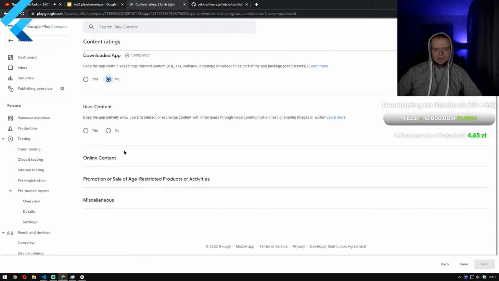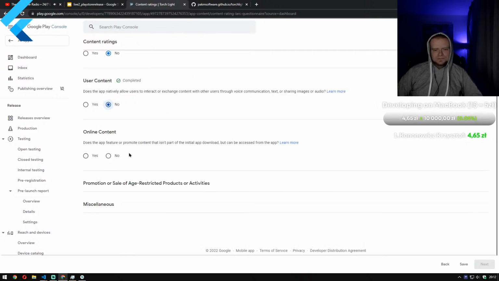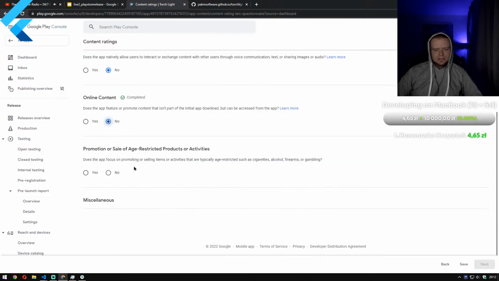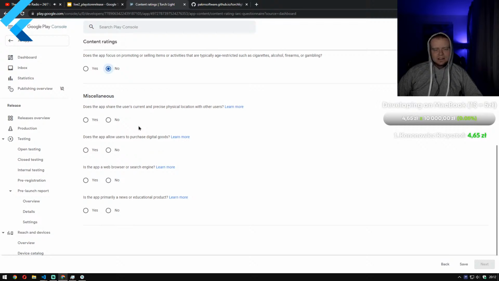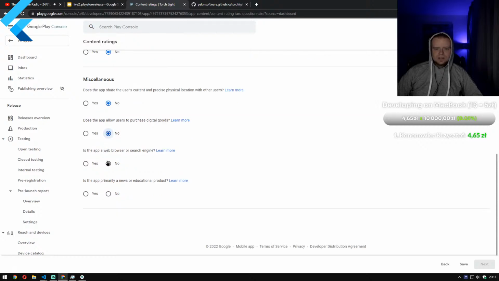So we click no. And our app does not allow to interact with other users. Our app does not promote online content. Especially that does not promote age-restricted content, does not share the user's location, does not allow to purchase digital goods, it's not a web browser, it's not a search engine, it's not a news app. So we save and click next,